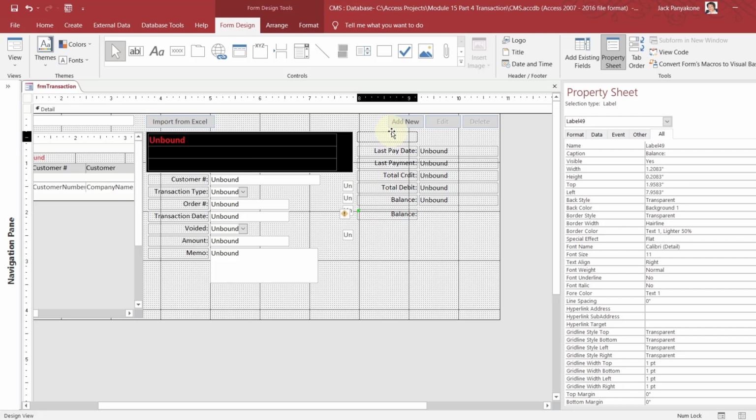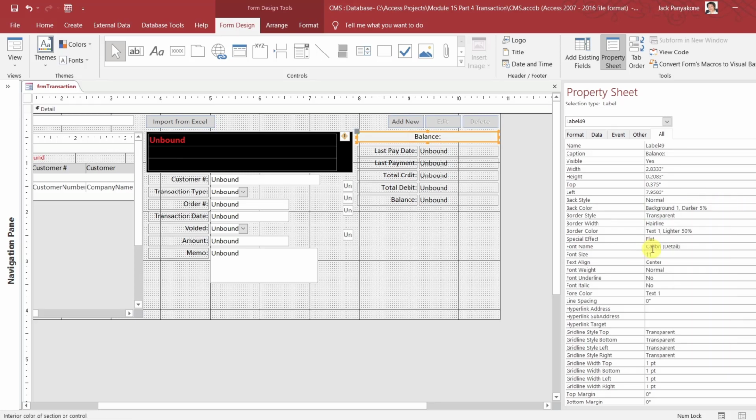Bring her up there and pull her all the way out here, and then we're going to make this text align center. And then the back style normal, and then the color